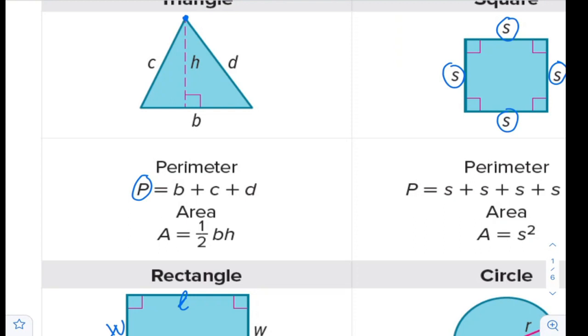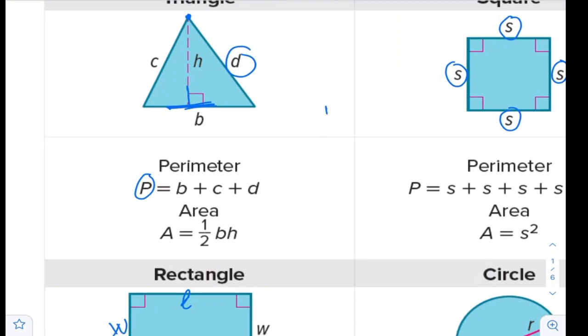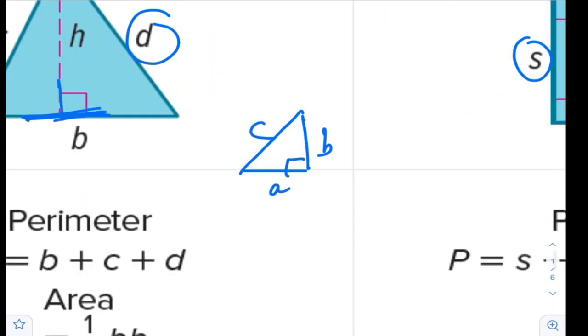Remember, when you are calculating base and height, usually they are perpendicular to each other. You cannot consider this as height, unless you have a right triangle. If you have a right triangle, for example, this is right. If this is A, B, C, it's very obvious here that من الواضح إنه B and A are perpendicular to each other. So you can find the area of this triangle by multiplying A times B and dividing by 2. Or you can say half AB, because B can be considered as height and A as base, or vice versa.